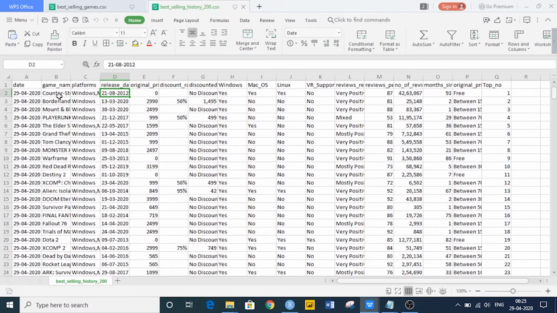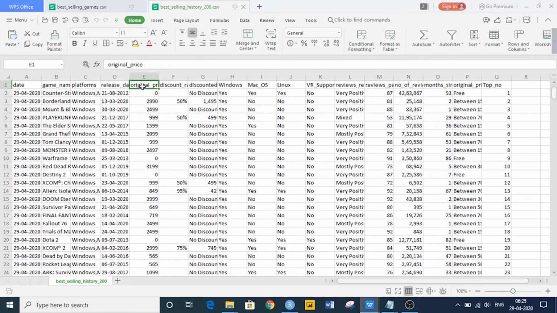For example, this game was released on 21st August 2012. So we can derive another column called months since from these two dates, so that we can find out how many months it has been since release. It can also be used for our analysis.